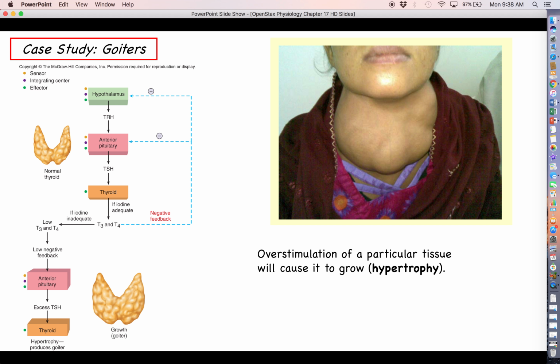In this case, it is the thyroid growing in size because it is being overstimulated with thyroid-stimulating hormone, all because we can't get enough iodide out of our diet. So definitely make sure that you're eating food that is rich in iodide so you get enough of it. On the other hand, conversely, it is possible to understimulate a tissue. So if this were a case of TSH levels being abnormally low, then the thyroid would atrophy or lose cell mass. So knowledge of these two processes, both hypertrophy and atrophy, is going to be very important